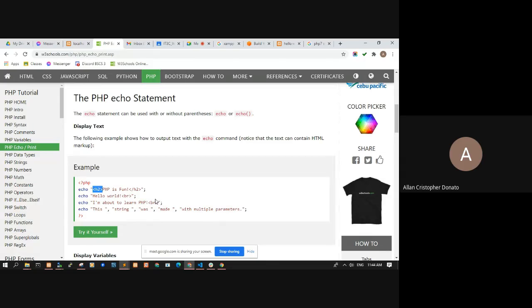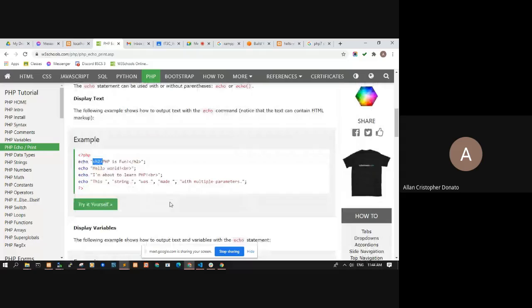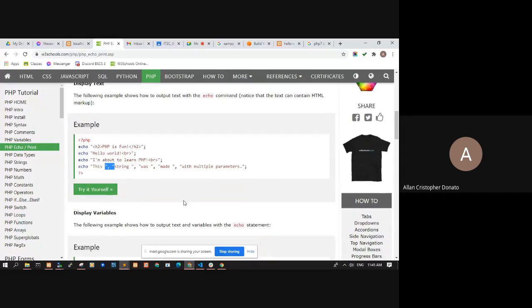You can echo CSS definitions or CSS styles. And then this is another form of echo, which is also rarely used because instead of comma, you can just use dot, or you can just omit here. So ayan.